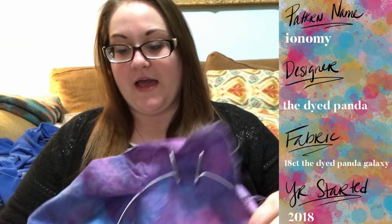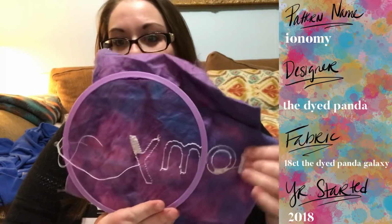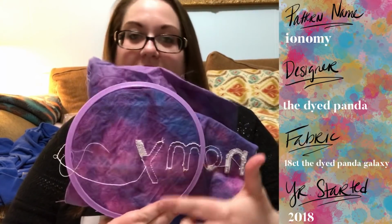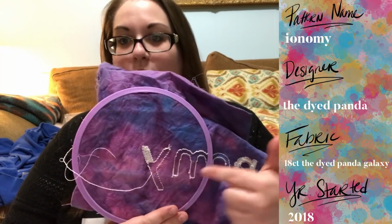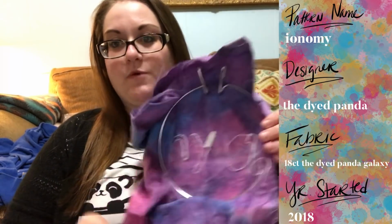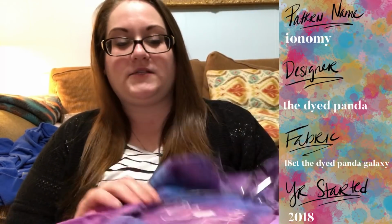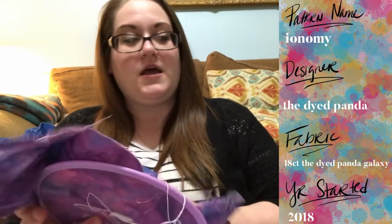So last week I did get out my stitch for my friend, the Ionomy one, and if you look on the back, I have all the letters complete now except for filling them in. So I just need to finish filling in the Y, the M, and the O, and then this will be done. So I'm working on this. I'm trying to put a little bit in this. I want to finish it